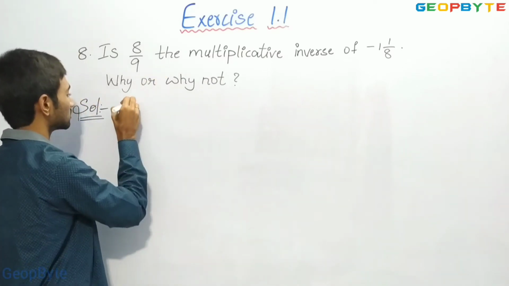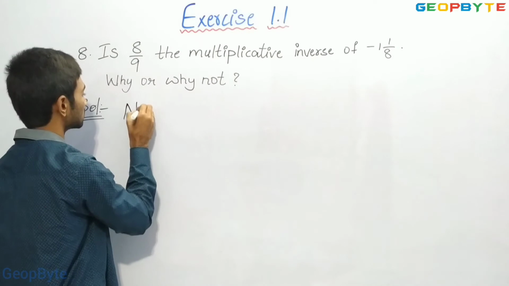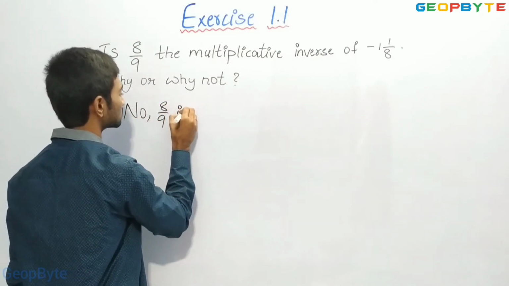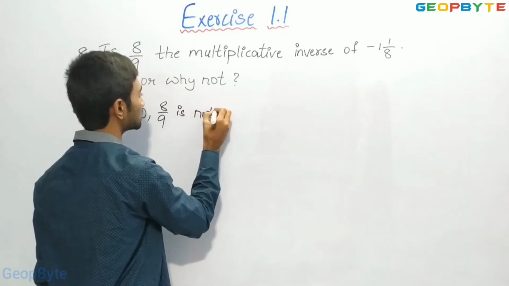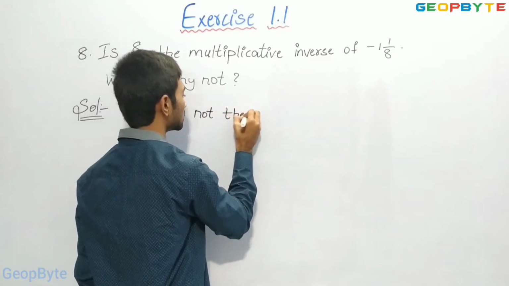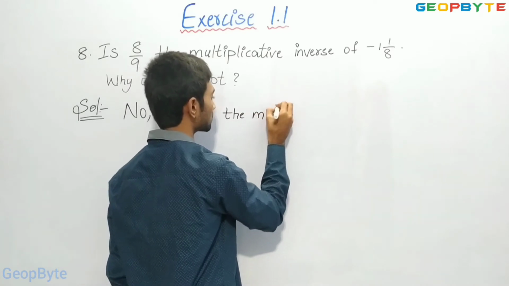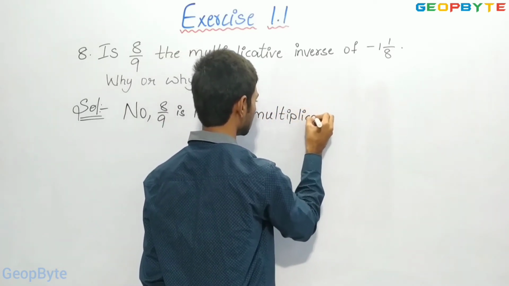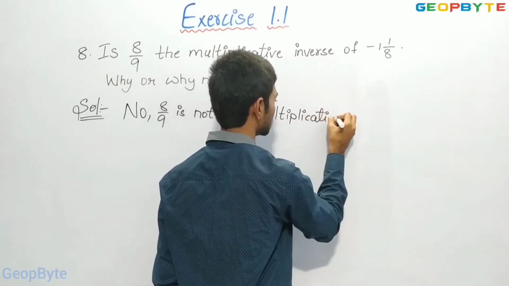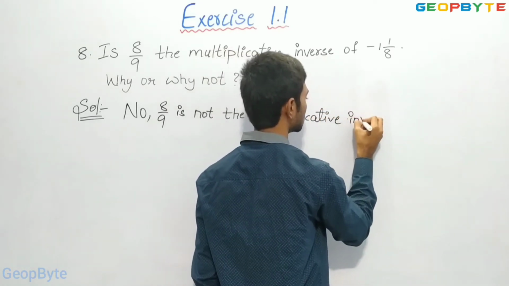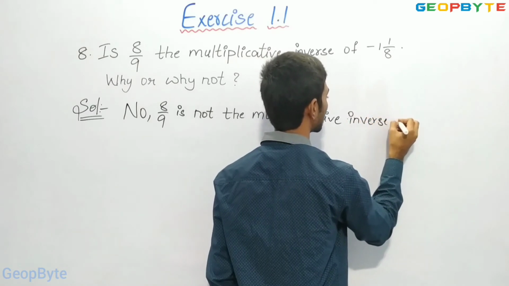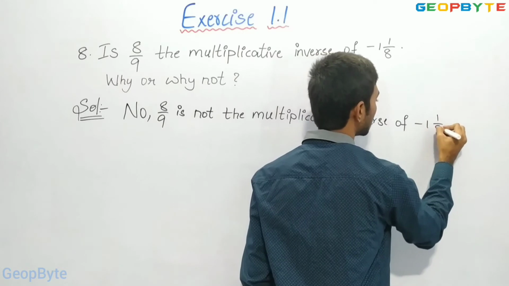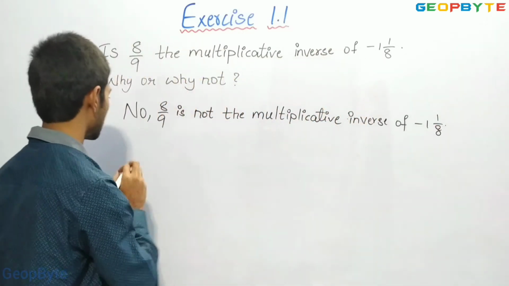No. 8 by 9 is not the multiplicative inverse of minus 1 by 8, because